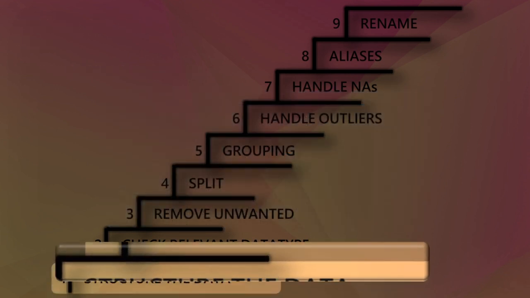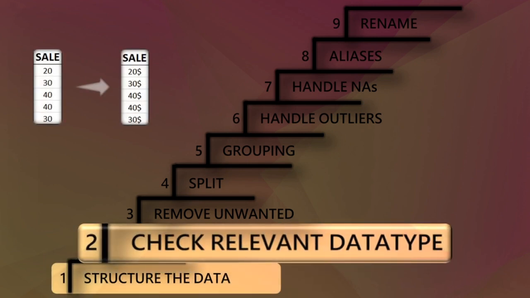Next we have type conversion. In this step, we would be rectifying the data types if earlier they were not correct. As shown in the image, data of integers needs to have special characters over it, and hence needs to be converted to string. So converting data from integer to string is known as type conversion.